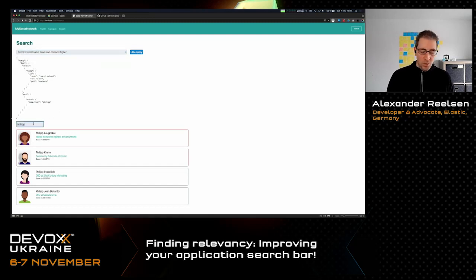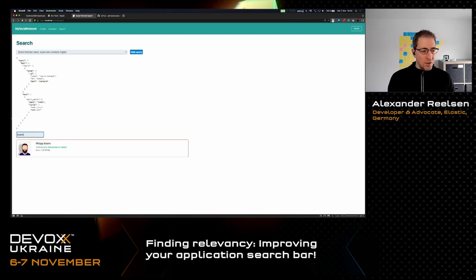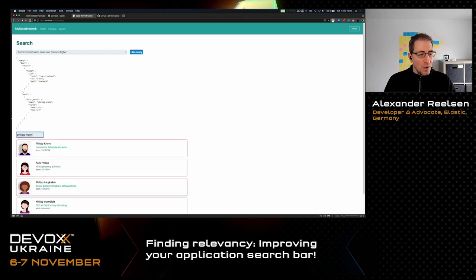The next step is probably that we want to score the first and the last name. So we can just search for Ukraine being a last name here, or Laughable with another one, and score for that as well. I can also search for first name and last name in combination. As you can see here, only one of the two terms is required to match. And we are also searching either in the first or in the last name. As you can see here, suddenly a user comes up that is not a direct contact, but has Philip in the last name. And that one in this example also gets a higher score because Philip as a last name is more rare than Philip in the first name.